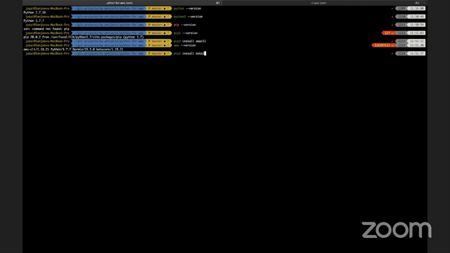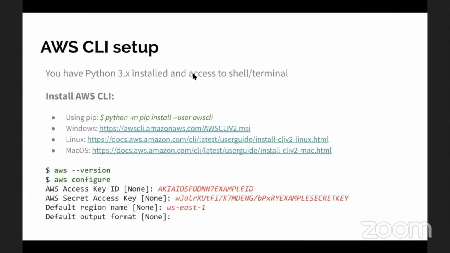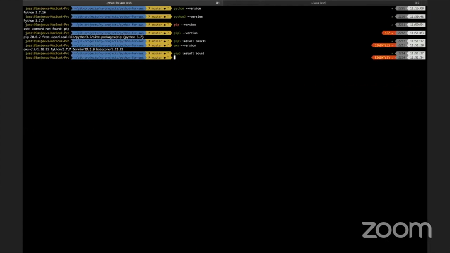So just run this command, and with these four things, Python 3, pip 3, AWS CLI, and Boto3, you are good to go with the scripts. Now we'll see what configuration settings you have to do for aws configure. And this is not just for AWS CLI, even your Boto3 script will work based on the configuration settings